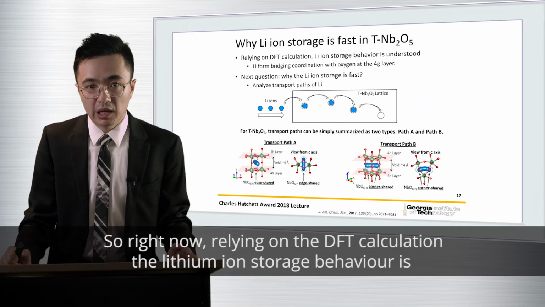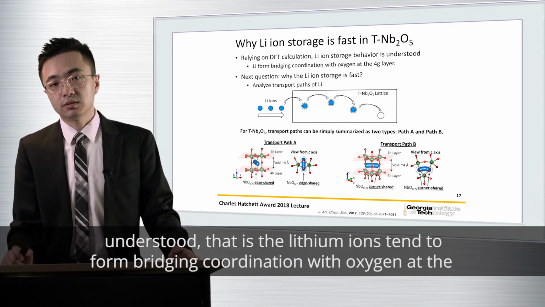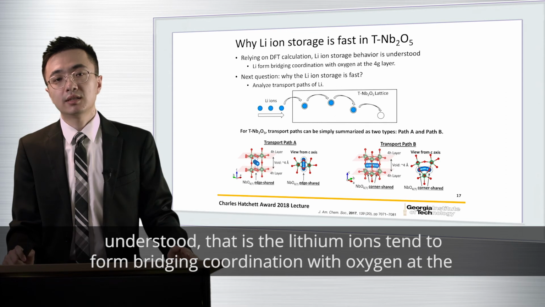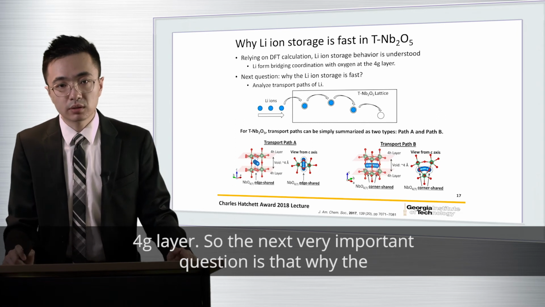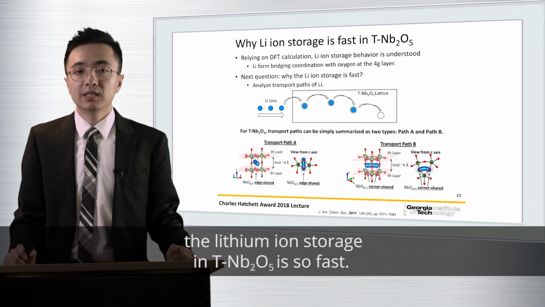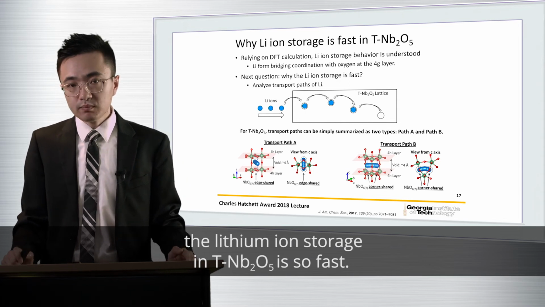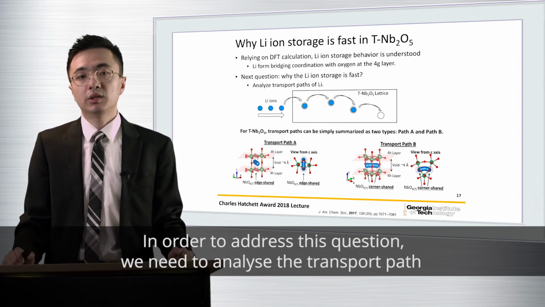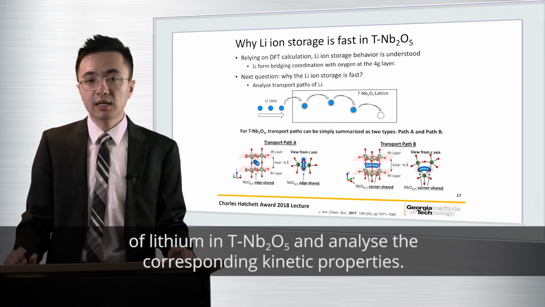So right now, relying on the DFT calculation, the lithium-ion storage behavior is understood. That is, the lithium ions tend to form bridging coordination with oxygen at the 4G layer. So the next very important question is why the lithium-ion storage in T-niobium oxide is so fast. In order to address this question, we need to analyze the transport path of lithium in T-niobium oxide and analyze